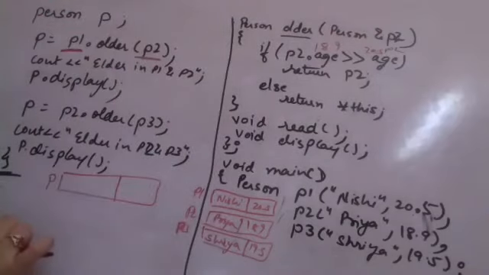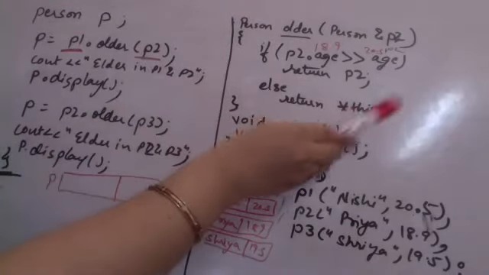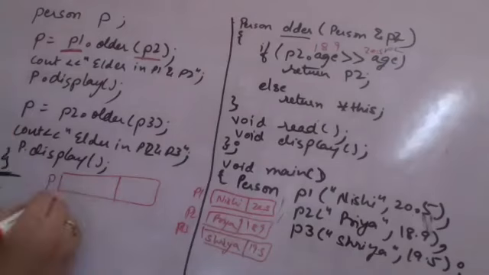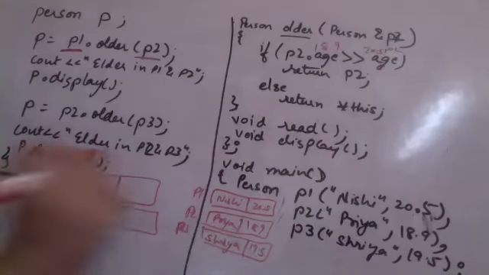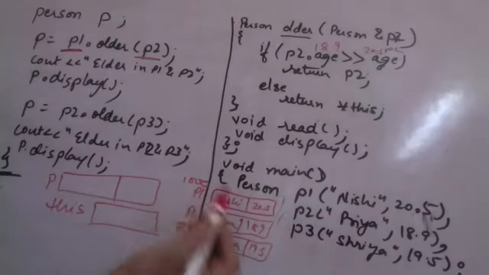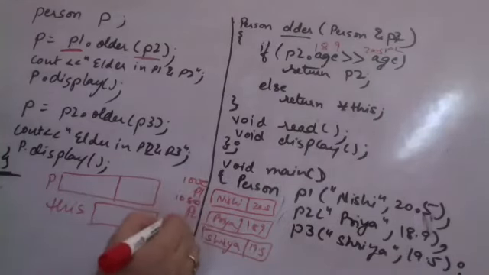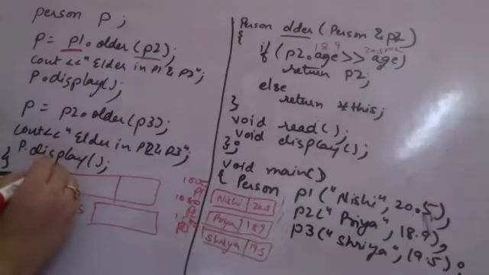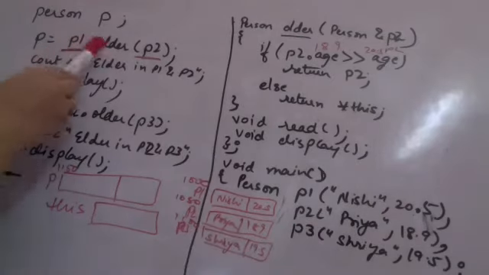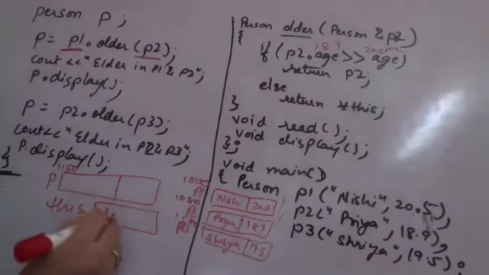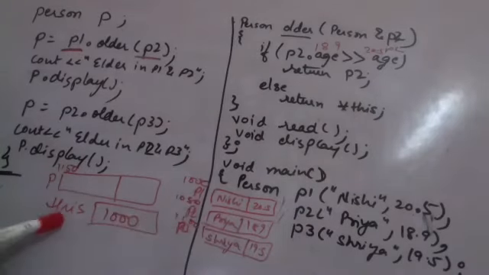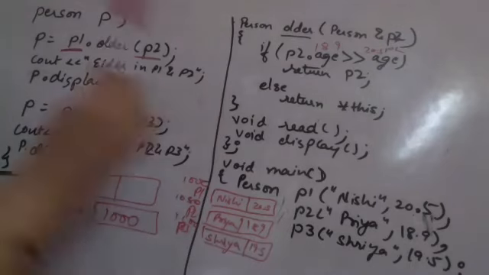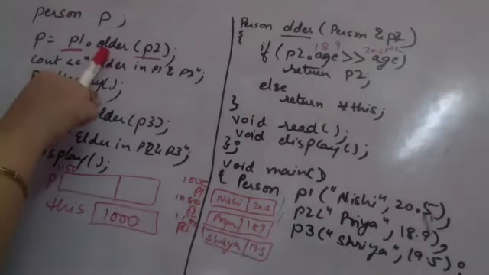18.9 greater than 20.5? No. Else return this. अब this pointer में क्या है ये समझना पड़ेगा. This is a pointer variable. तो इसमें address stored है. किसका? अब supposedly this is 1000. Just taking example. This is 1050. This is say 1100 and say this is 1150. The addresses. So when I am calling P1 dot older, then this pointer is having 1000. The address of P1. It is pointing to the object which is invoking the member function of the class.